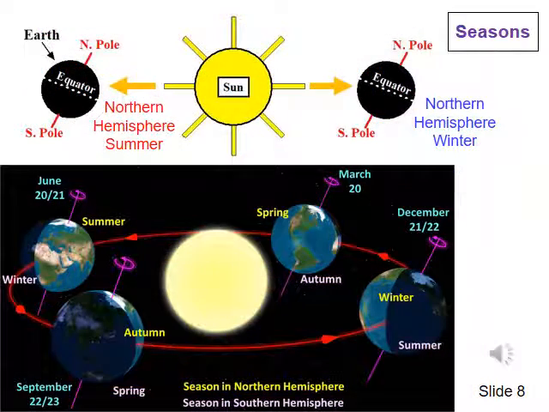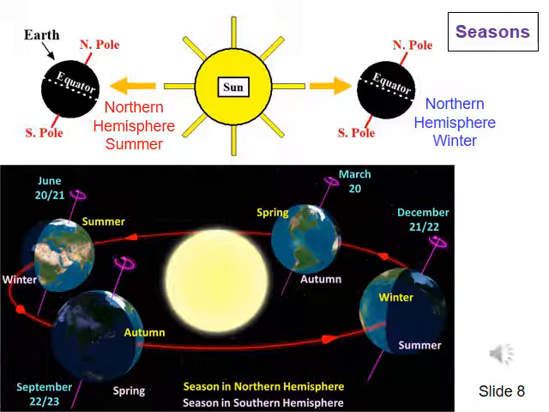Slide 8. Heat distribution and the seasons. The angle at which sunlight approaches the surface of the Earth also helps to explain why some parts of the year are warmer than other parts of the year. In other words, it helps explain why there are seasons. Notice how the Earth is tilted relative to the Sun in the diagram on the slide. In other words, the North Pole is not pointing upwards on the page, and the South Pole is not pointing